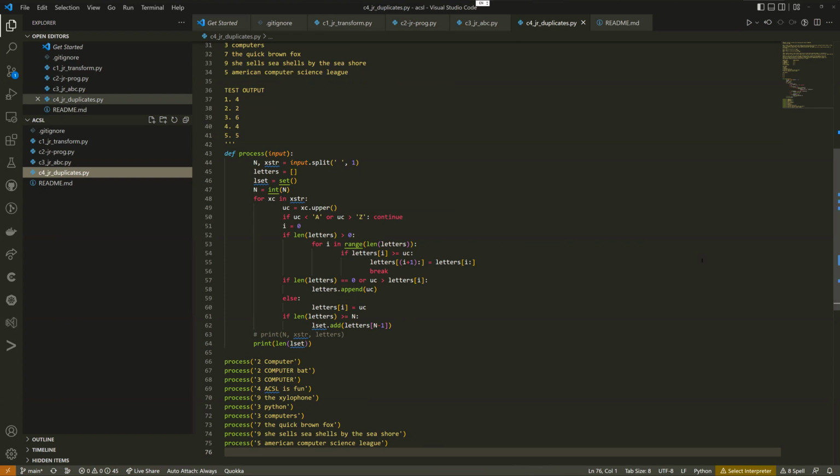I think it's because it's case sensitive, case insensitive in this whole thing, right? When it counts different letters, I think. Well, anyway,